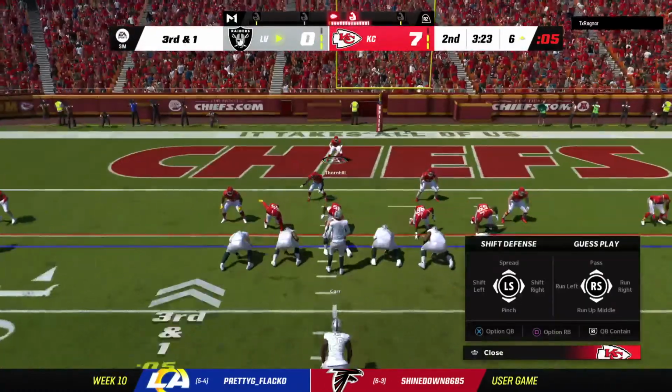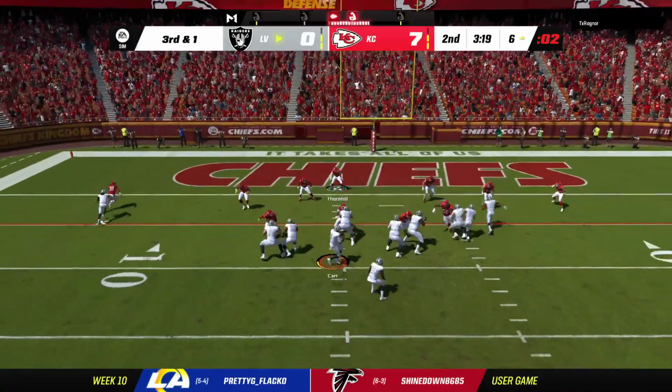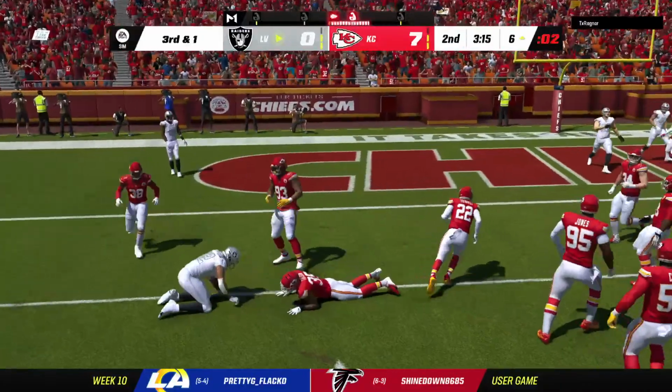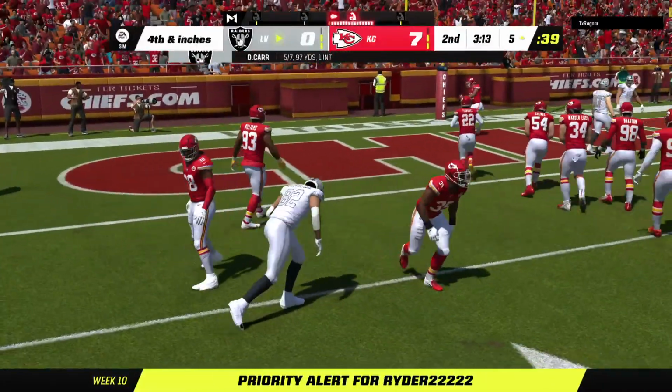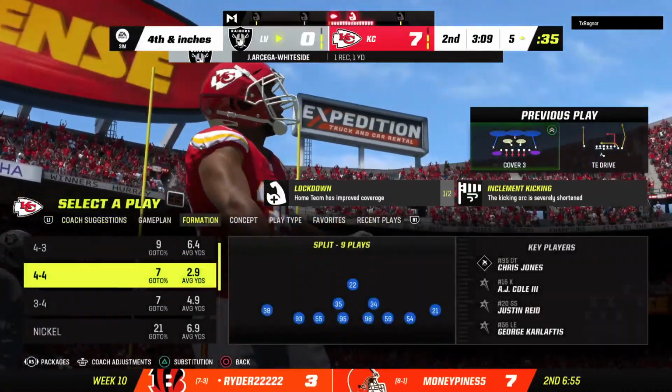Heavy set out there on 3rd and 1. Now Carr. This will be caught at about the 5. And he will be very close to a 1st down, but I see the closed fist of the referee, and